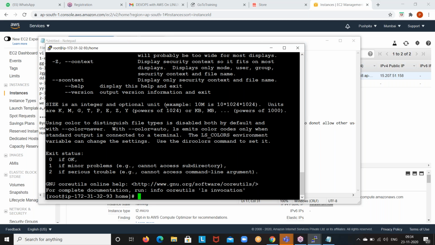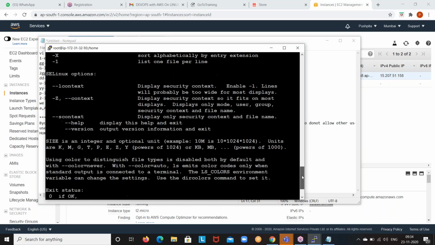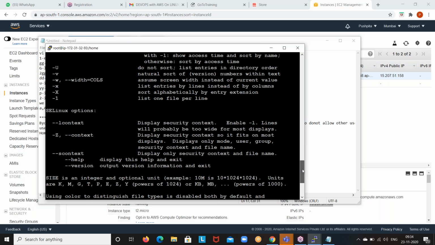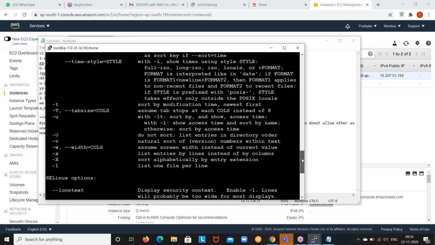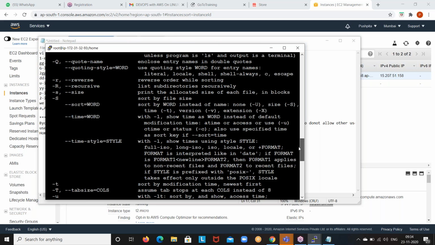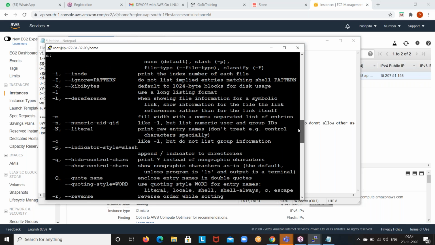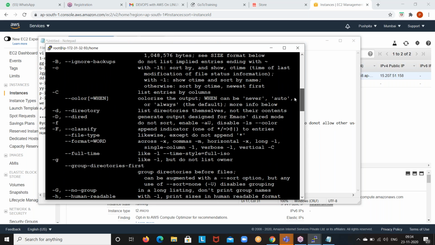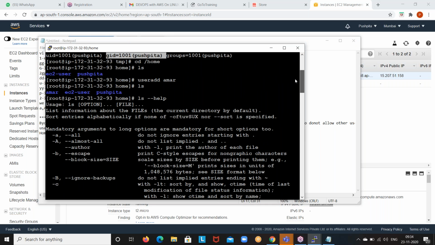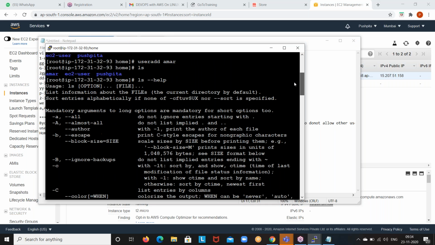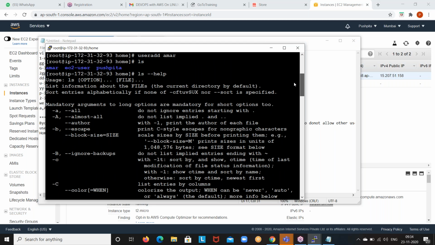Just scroll up a little bit. What is the ls command? What are the different options you have for ls? Everything it will show. So guys, every command has multiple options, and based on the option you will get different behavior, different output.